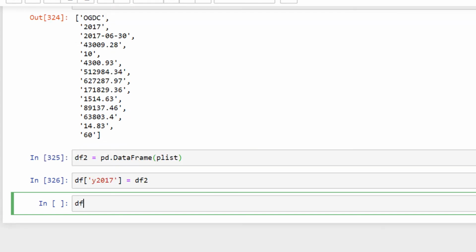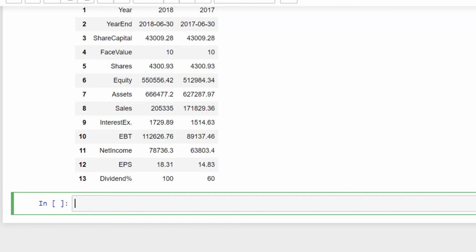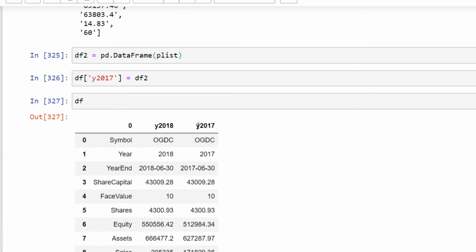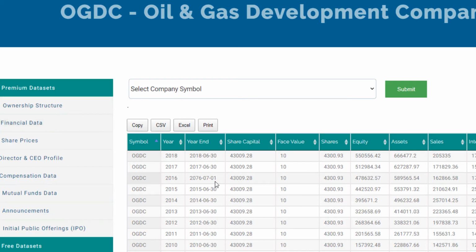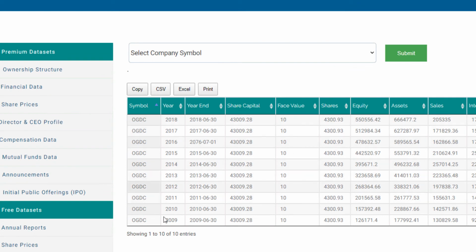So if we read our df now, we have 3 columns. So this process can be repeated over and again. And if I go to the table, how many rows do we have? 1, 2, 3, 4, 5, 6, 7, 8, 9, 10, 11. We have a total of 11 rows.